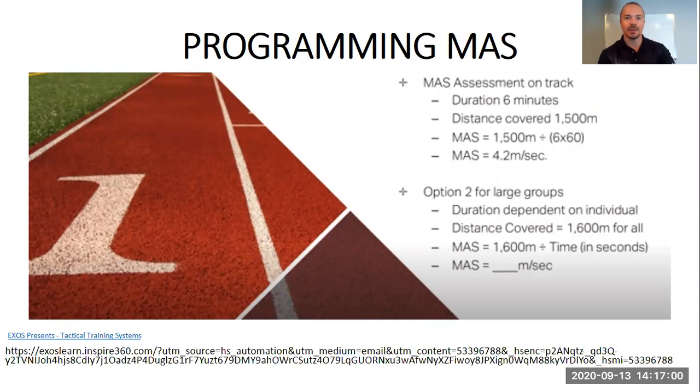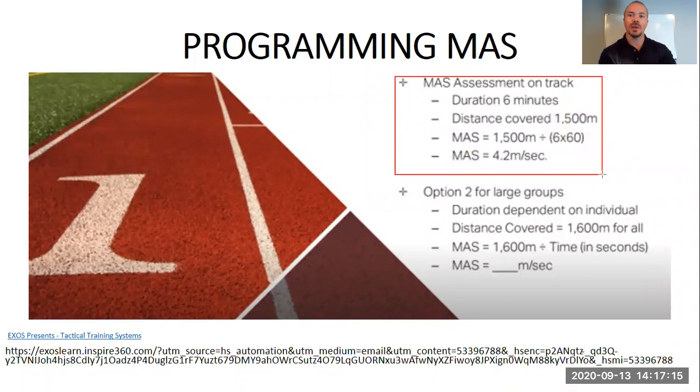So how do we assess MAS? Looking here, one of the easiest ways to do it, and again, not everybody can run, but most athletes can, and this is one of the lowest common denominators, is just to take athletes out on a track and run them. And with a challenge of 6 minutes,